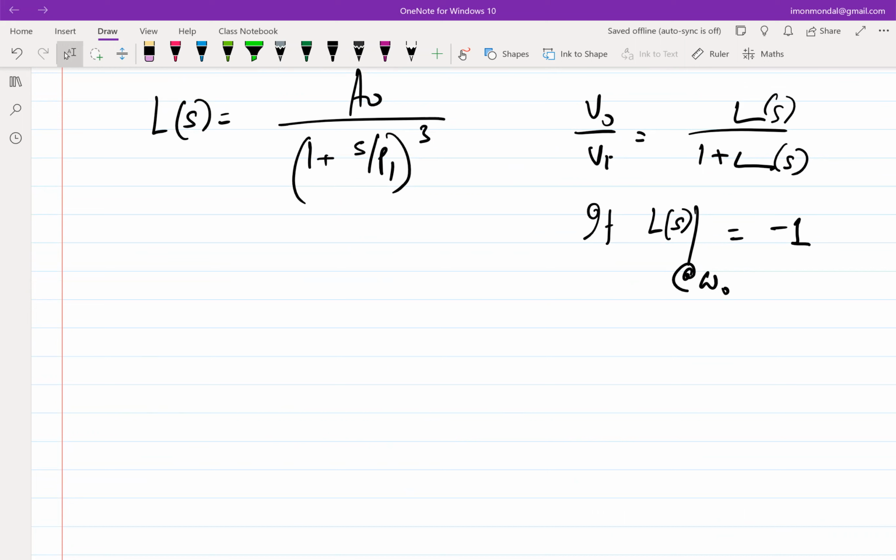I'm looking for an omega where 1 plus L of j omega naught goes to 0. It's easier to express in the form 1 by L of S, because all the S terms go to the numerator then. So I'm looking for a condition where 1